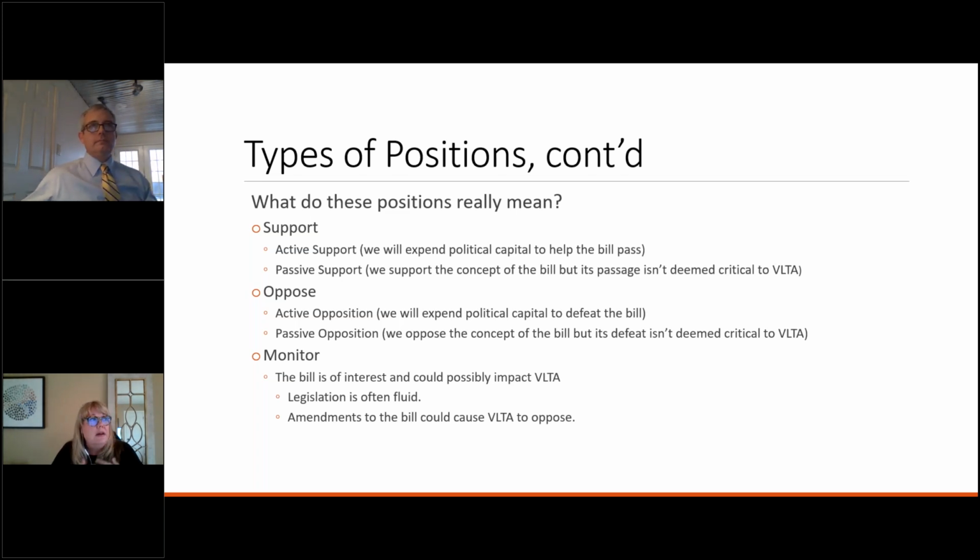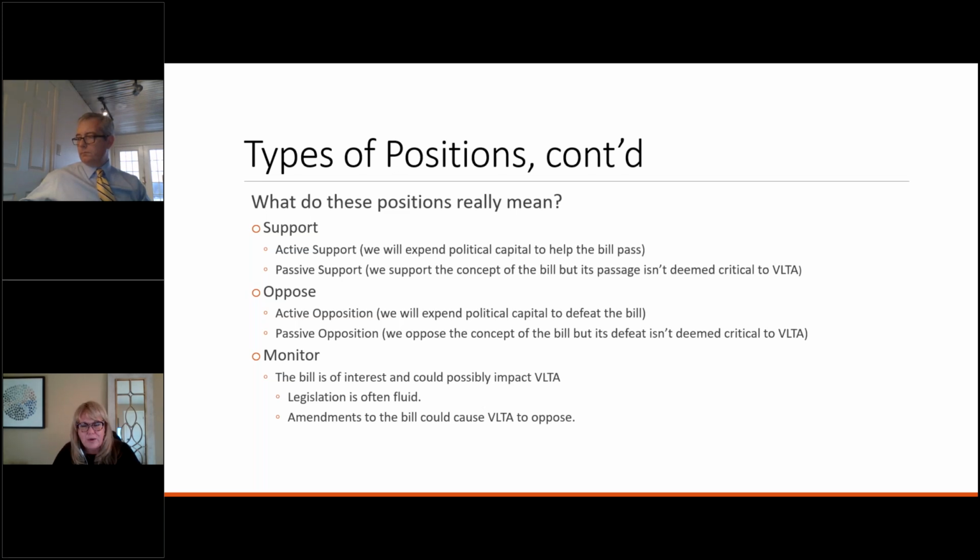For an example, something that the mortgage bankers may want, a piece of legislation that they want to put forth that does touch our industry. It has to do with terms of a deed of trust or something. We're like, yeah, absolutely, we support you. It's fine to say that we, as an industry, the Virginia Land Title Association, support that when that other stakeholder is going and talking to other legislators to say, hey, I want your support. Here's a list of folks that support it as well. So there's a big difference between actively supporting and passively supporting.